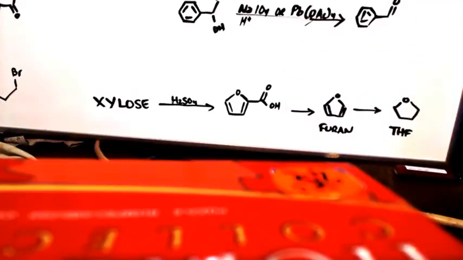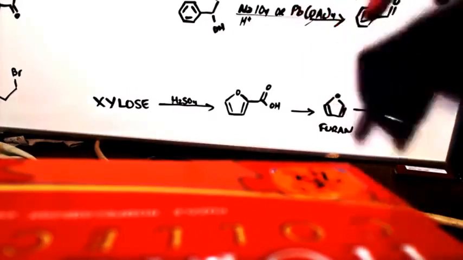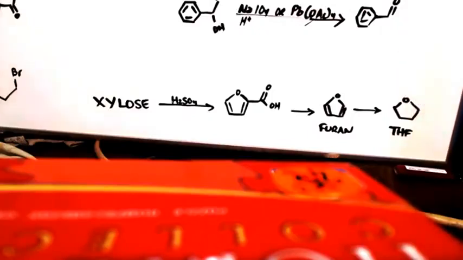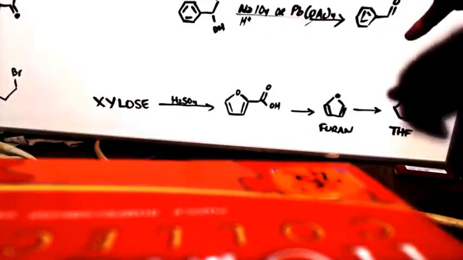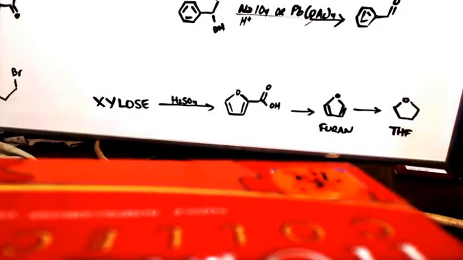I hope I can decarboxylate that really easy, this is all guesswork until I do it, and take it down to furan, which is one of my target molecules. And then the second step is I can hydrogenate that to make THF. All right. Another thing,